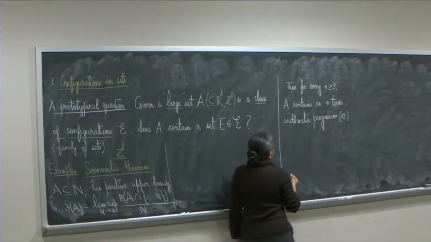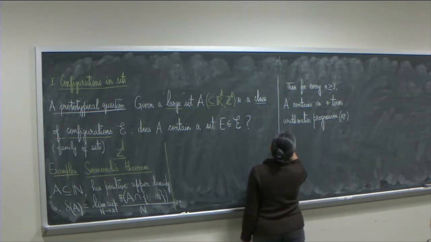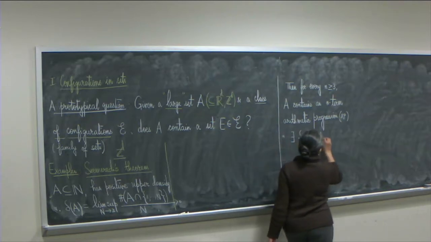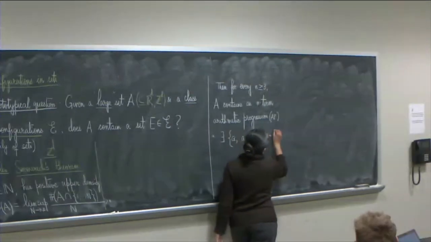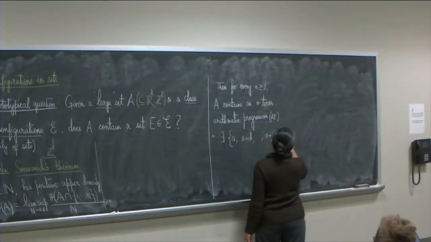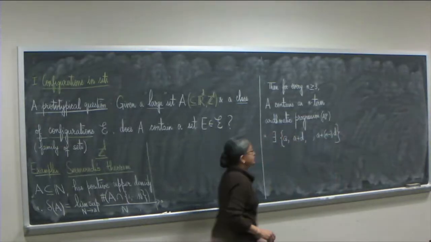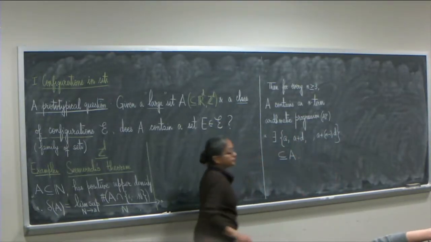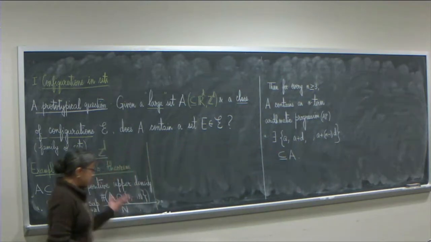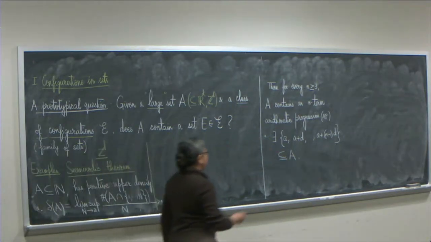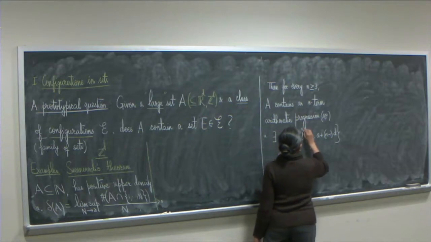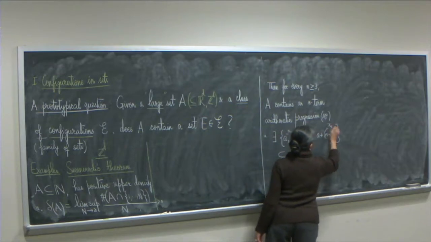And what exactly does that mean? That means there exists the set a, a plus d, ..., a plus (n minus 1)d, where a and d are natural numbers, so that this is contained inside A. Alternatively, you can simply think of this as an n-tuple, and for generalization purposes this is often helpful,